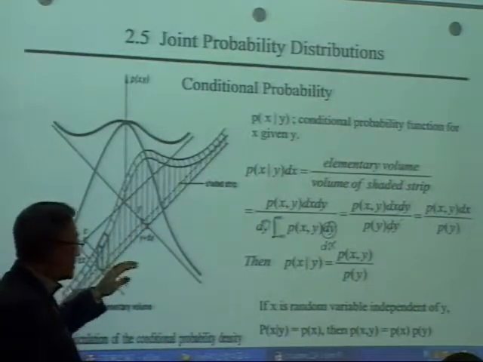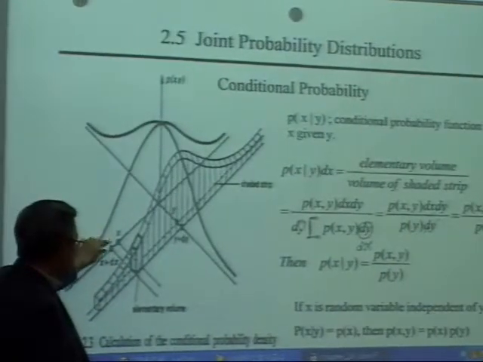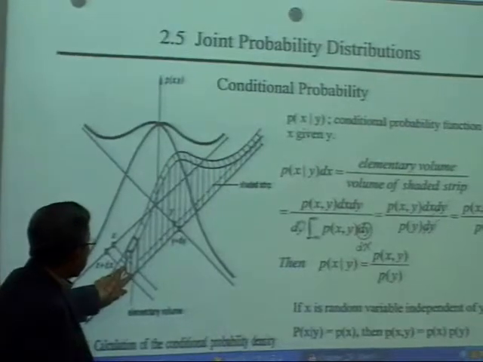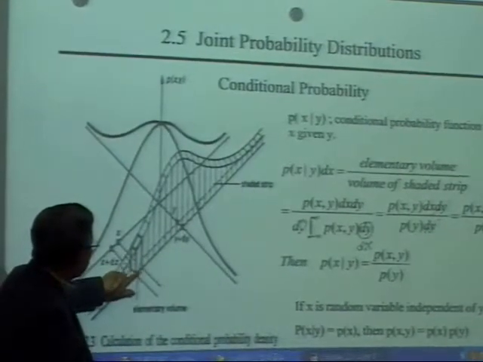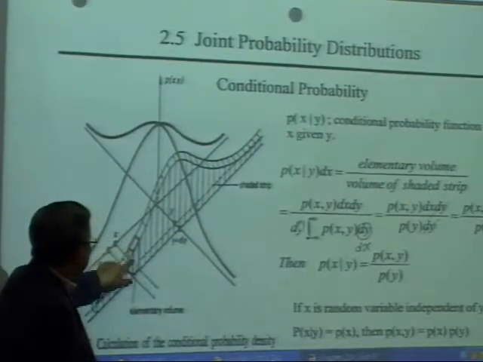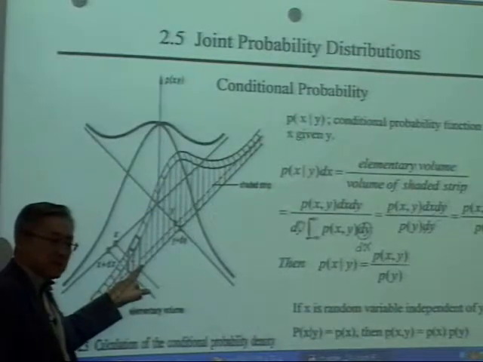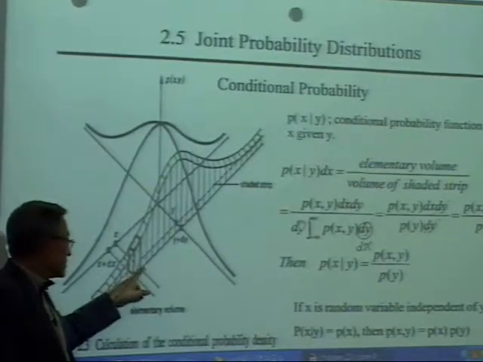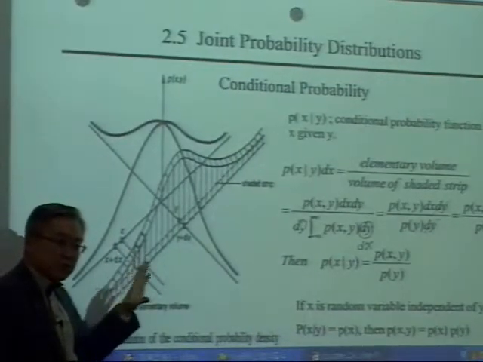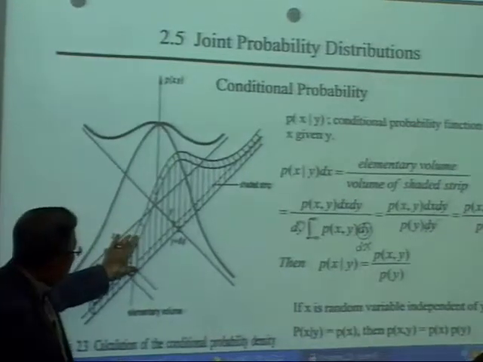Elementary volume means, in this joint probability density function, that volume which is dx, dy, and you can draw the differential volume. Can you see this? Yun-gyu, you can see that. That's the elementary volume within dx, dy, and the